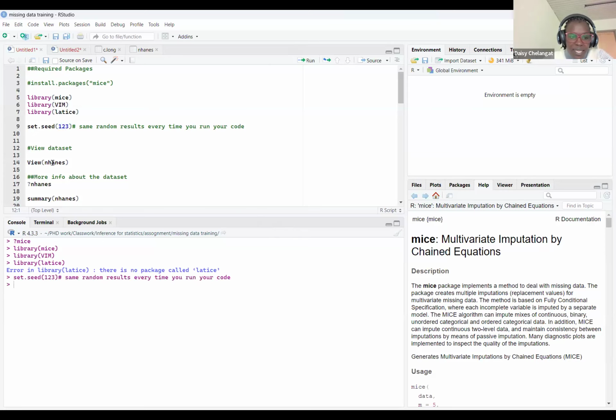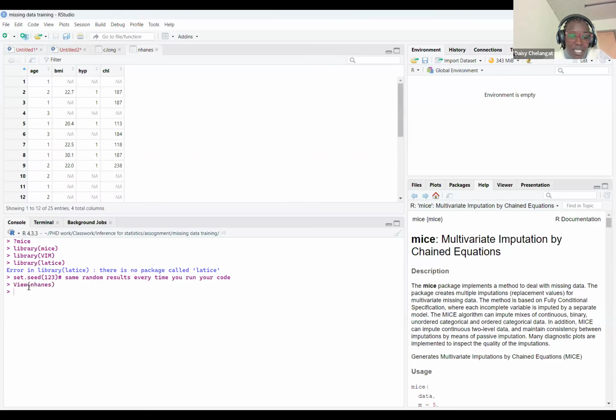So we are using the nhanes dataset, which is within mice. And we just want to begin by viewing this dataset. Once you receive your data, before you analyze it, you want to see the data, you want to see the variables, you want to see the distribution of missing data in that dataset. So I've clicked view, and as you can see down here,